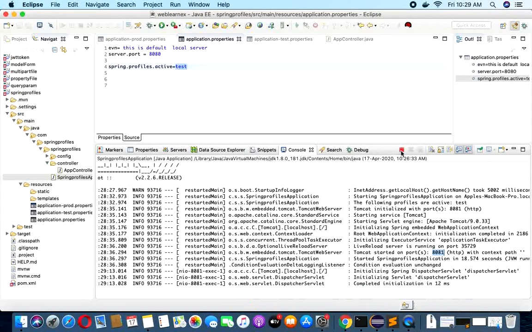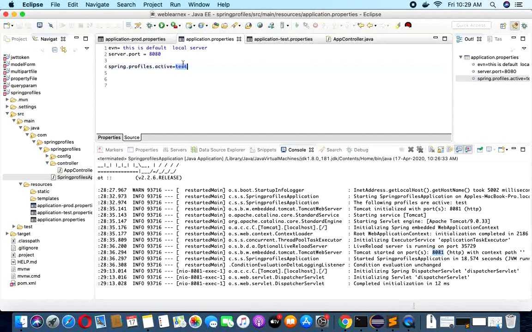If you want to run production, then you need to add prod here, but this is not a recommended way, because every time it is the developer's responsibility to make changes inside this property file. So this is not a recommended way.